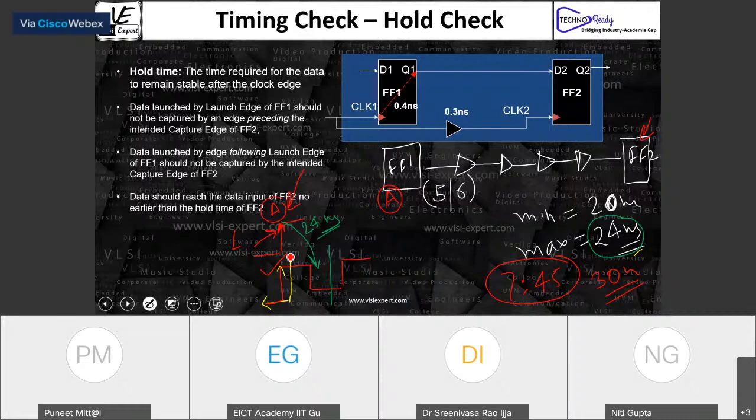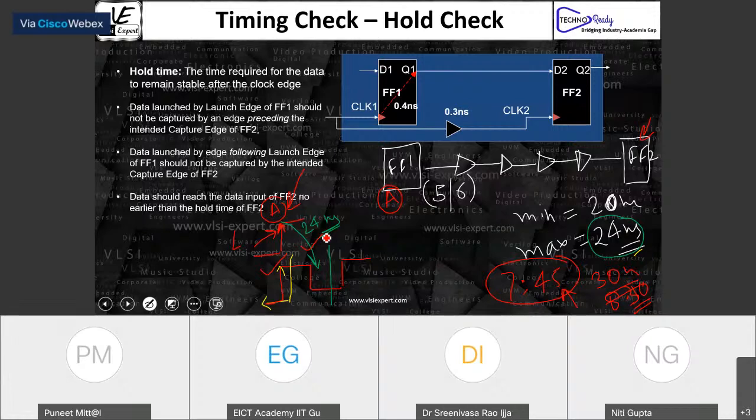That means if I will start at 7:45, even in the worst case, I will reach at 8:30. If I will reach at 8:30, is it before 9? Yes, it is before 9. So that means this condition is also met. So these are the two conditions.